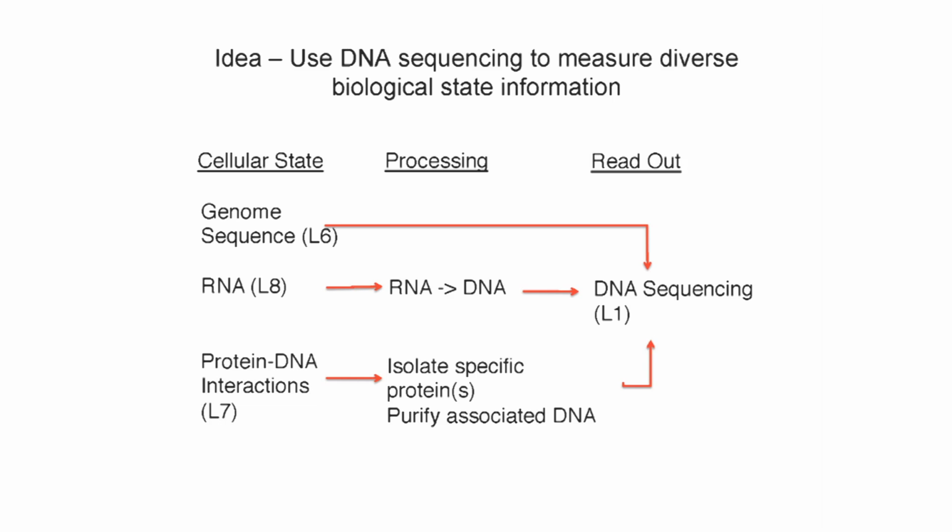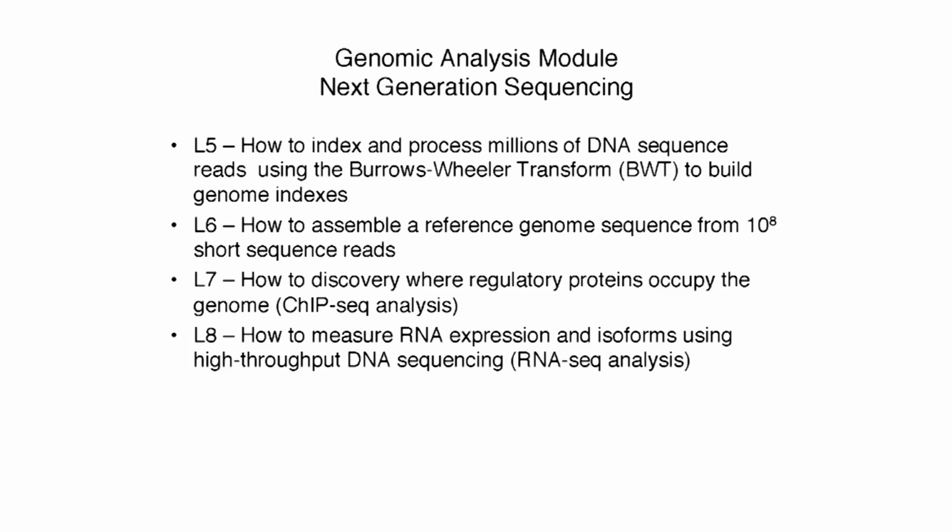So briefly, the first thing that we'll look at in lecture 5 is, given a reference genome sequence and a basket of DNA sequence reads, how do we build an efficient index so that we can either map or align those reads back to the reference genome? That's a very important and fundamental problem, because if I give you a basket of 200 million reads, we need to be able to do this alignment very, very rapidly and quickly and accurately, especially in the context of repetitive elements, because a genome obviously has many repeats in it. We need to consider how our indexing and searching algorithms are going to handle those sorts of elements.